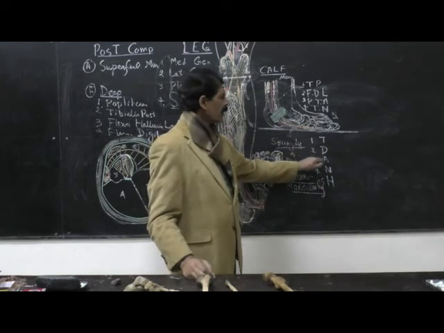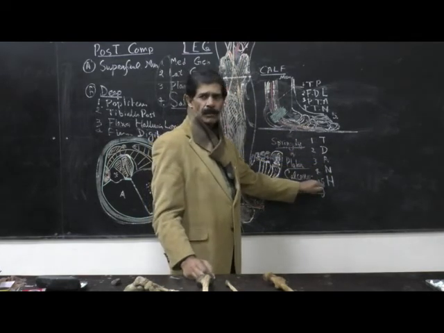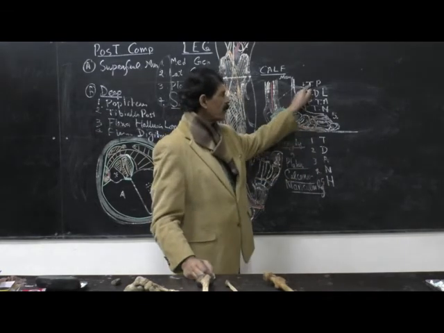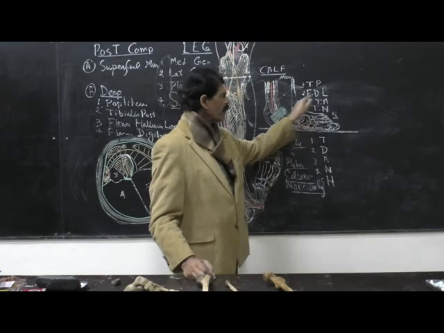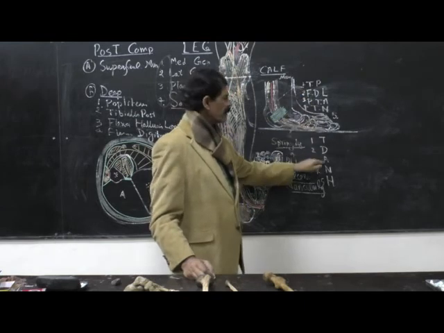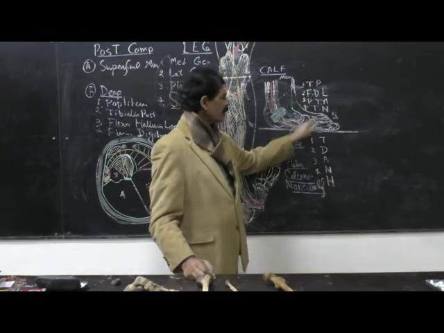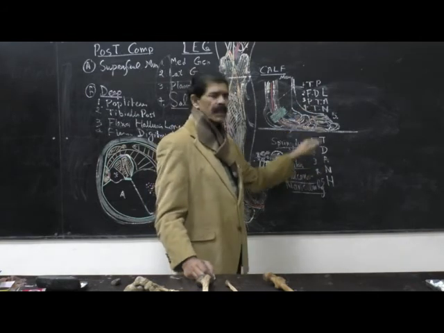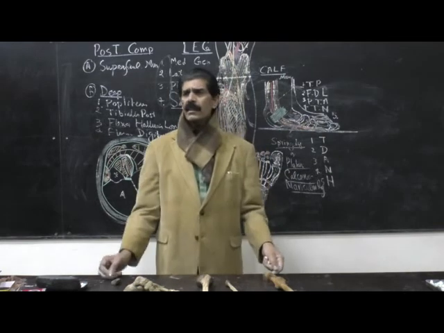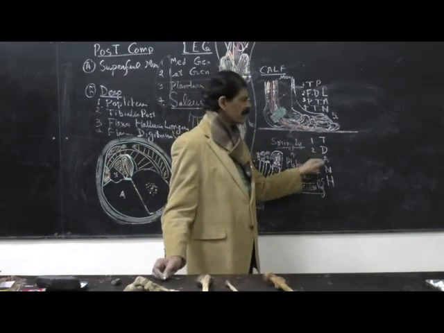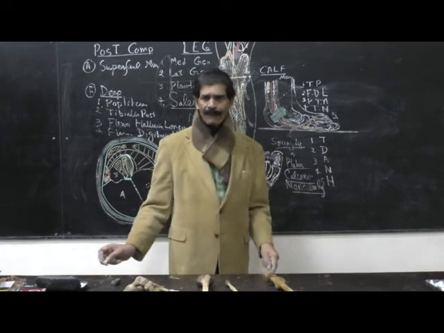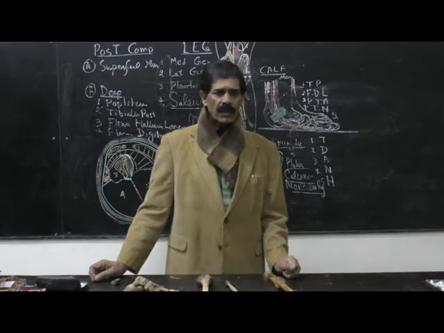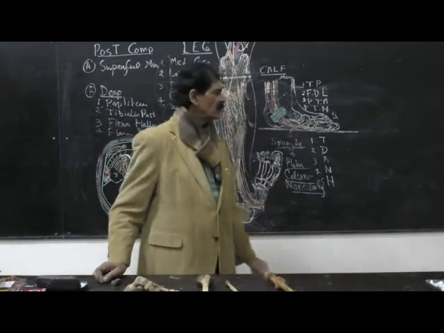The doctors are not happy. The D stands for tibialis posterior, D for flexor digitorum longus, A for artery, the posterior tibial artery, N for nerve, the tibial nerve, and the last S for flexor hallucis longus. You remember, the doctors are not happy. So that is how to remember the structures passing behind the medial malleolus. There is a sequence to them.